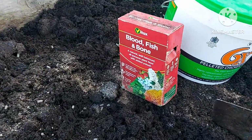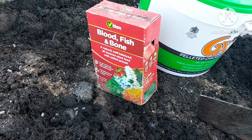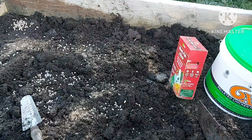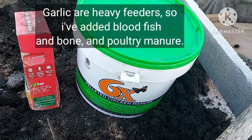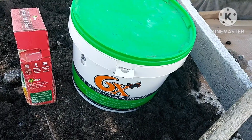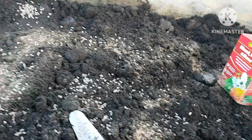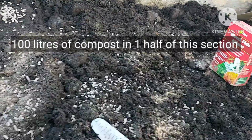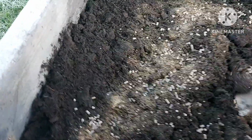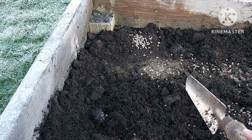Right, so I've added poultry manure and bloodfish and bone into the compost mix. The reason being, garlic need a lot of fertiliser. They are heavy feeders, and so I've used this amount on 100 litres. So the 2 compost bags are just used on half of this 5-foot section of the raised bed, and I'm just going to mix that in with my trowel